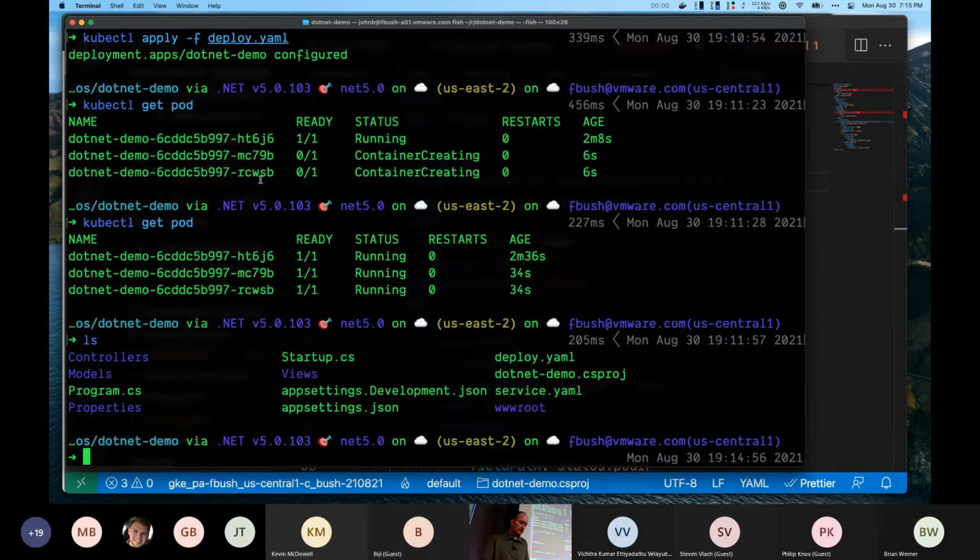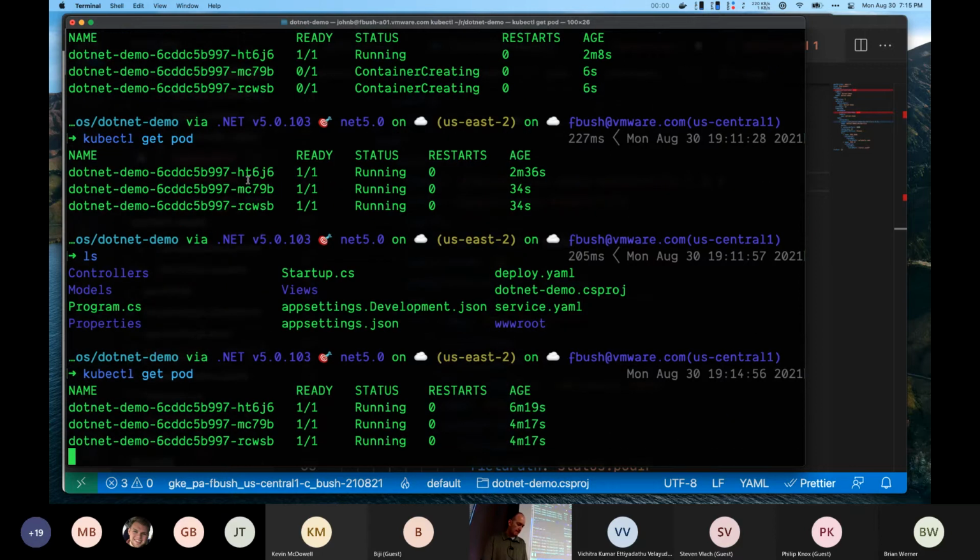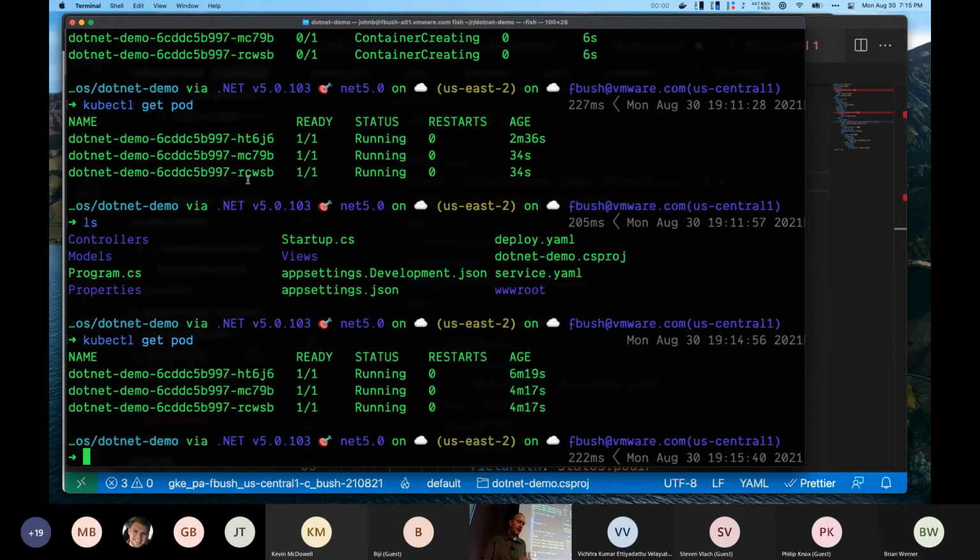One example of this is I've created this deployment with 3 replicas. So I've told Kubernetes I want 3 instances of my application to always be running. Kubernetes is watching my app to ensure that 3 instances are always running. Even to the point where if I do kubectl get pod, there are my 3 instances of my application because I have replicas set to 3. But if I come in here and I say kubectl delete, and I'm going to give it one of these pod names,